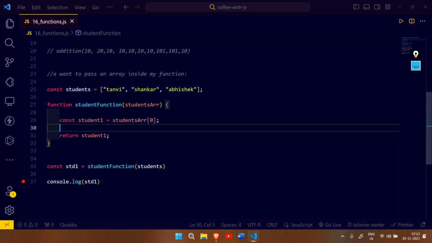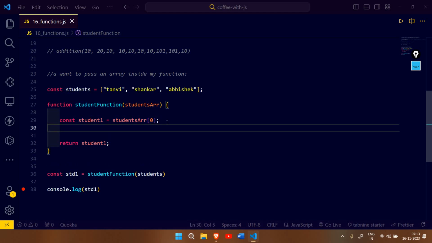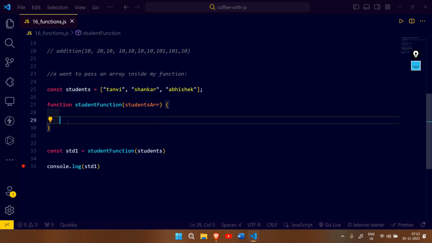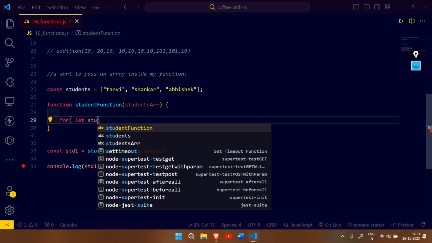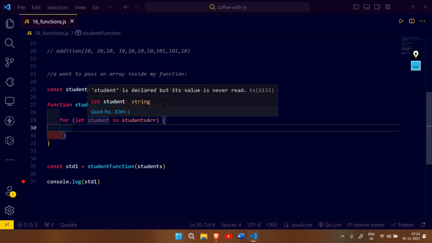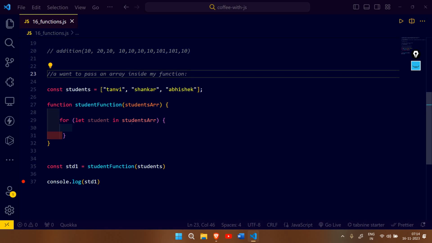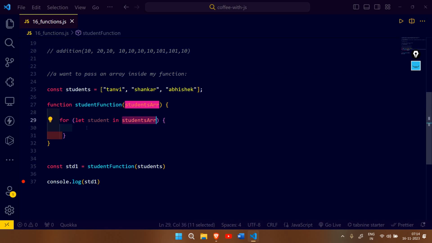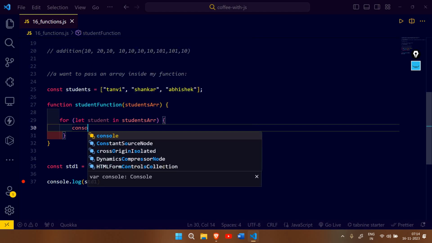अभी मैं यहाँ पर सारे स्टूडेंट्स को भी एक्सेस कर सकता था। वो कैसे करता मैं, लेट सपोज मैं यहाँ पर फॉर लूप यूज करता। तो कैसे करता हूँ, फॉर लेट x in, और आई कैन से student in student array। फॉर इन लूप का हमने सिंटैक्स कल देखा था, आई होप यू आर एबल टू रिमेंबर। तो ये क्या करेगा, ये स्टूडेंट वाला जो मेरा अभी का इंस्टेंस वेरिएबल है, वो इसके अंदर जाएगा, किसके एरे के अंदर जाएगा, व्हाट इज माय एरे नेम, student array, और वो एक एक चीज़ों का एक्सेस करेगा।